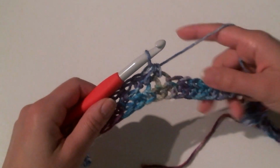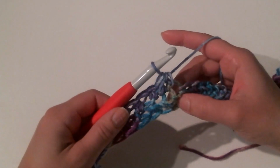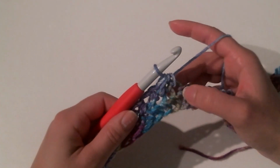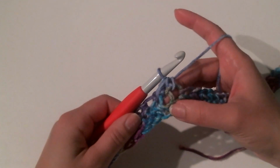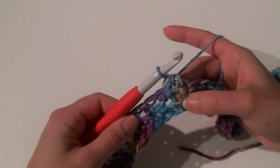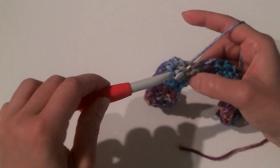All right, so I am going to go ahead and do the next stitch. So now, if you remember, when we did the original first 2, we went under the first one, and then we skipped ahead and went into the next stitch. Now we're going to go back and work under that second stitch. Okay, under that loop there. All right, or I should say under that space. So we're going to go under there, we're going to yarn over, pull up a